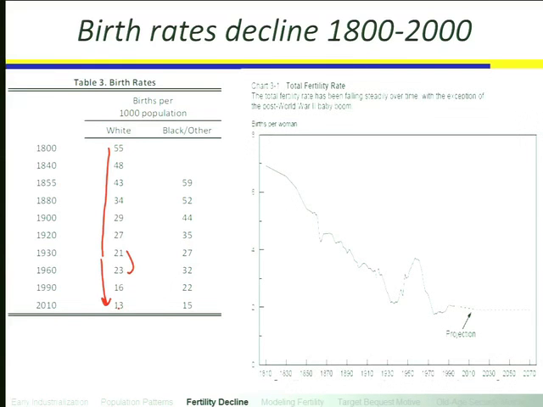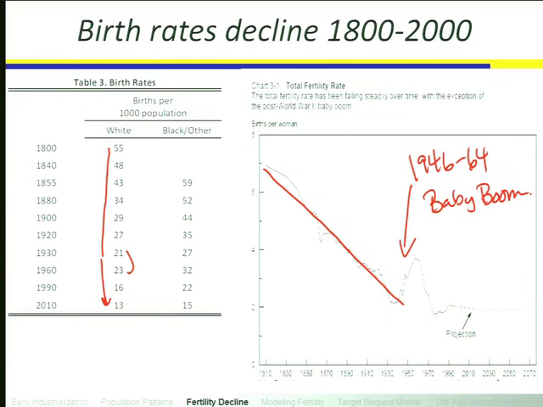Slightly different data. So this was births per thousand population, this is births per woman, but still you get the same trend. So you get this decline in fertility that starts in 1800, and then you get this little bubble here, which we're going to talk about in the third part of the course. This bubble is 1946 to 1964. It's called the baby boom. And particularly with the historical data showing you the trend from 1800 to 1946 and showing you what's happened since 1964, you can really see how this is a boom and bust.